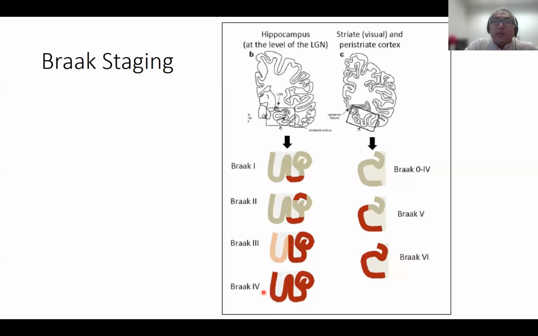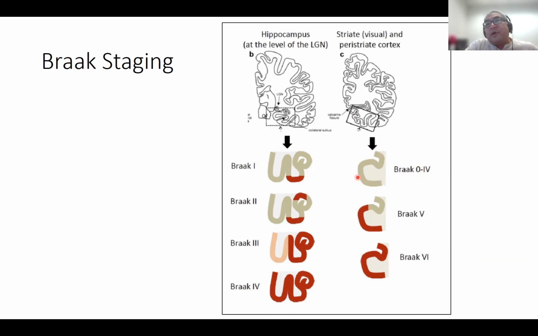And at this point, you cannot tell really whether it's BRAAK 4, 5, or 6, right? And that's where I turn to the visual cortex and the peristriate cortex. So if you take a section, with visual cortex and then the gyrus under. What I'm trying to show here is this is visual cortex, and then inferiorly, BRAAK 0 through 4